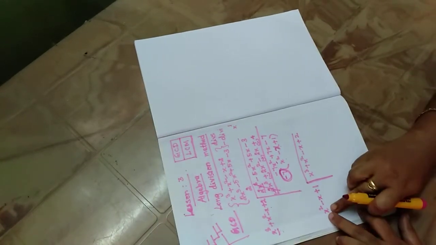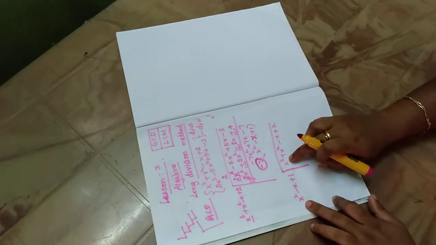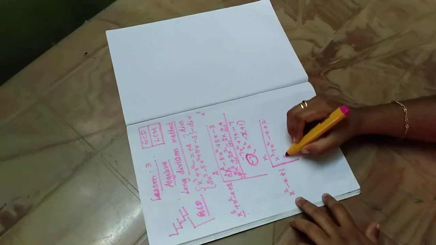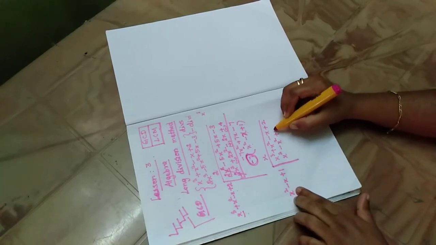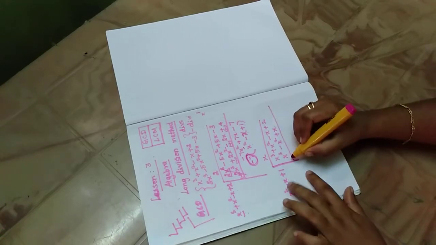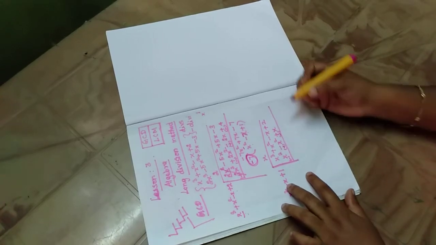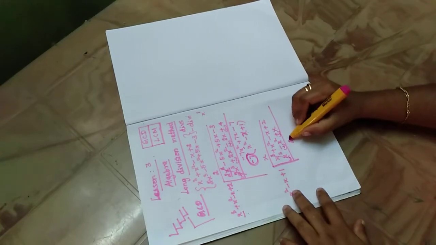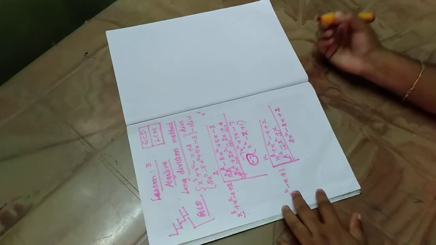Same step. So x square, to get x cube, by multiplying with what? This x square will change into x cube if you multiply with x. Now multiply it: x cube minus x square plus x. Change the symbols: minus, plus and minus. So cancel it. What will you get? 2x square minus 2x plus 2.